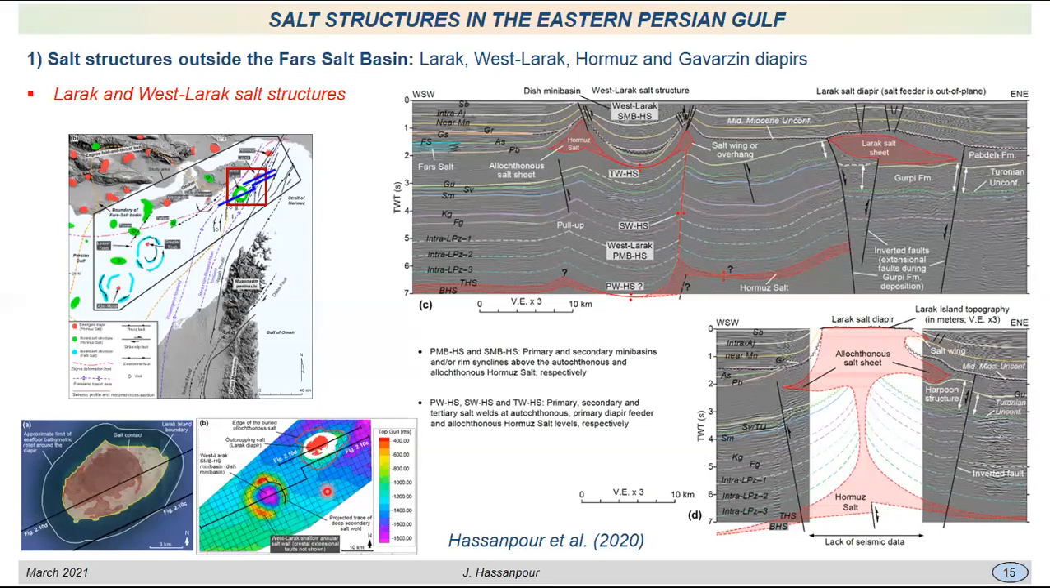But for the West Lorax, since it's subsurface, as you can see in this map, all these thin black lines are the seismic data. So we have a good coverage of seismic lines across this salt structure. This one, at shallower depths, as you can see in this map, has a ring geometry surrounding a secondary mini basin, and at depth we don't have any evidence of salt at these levels,